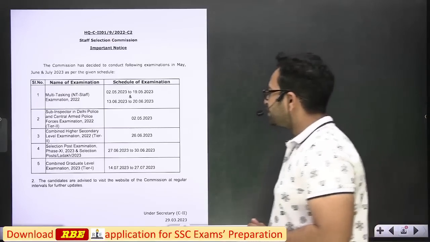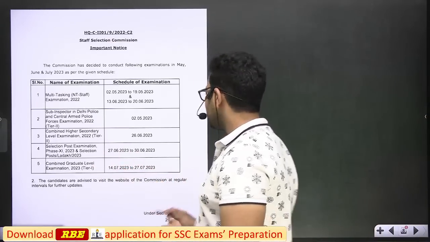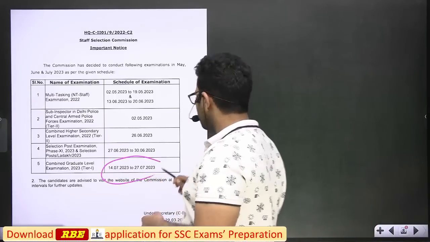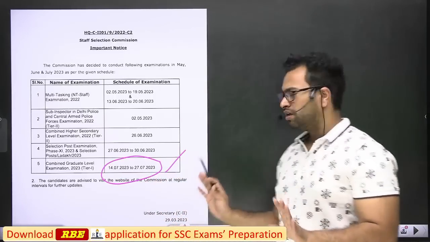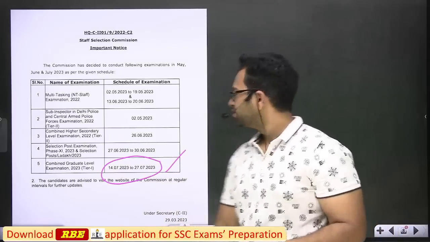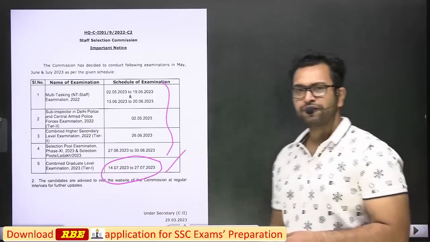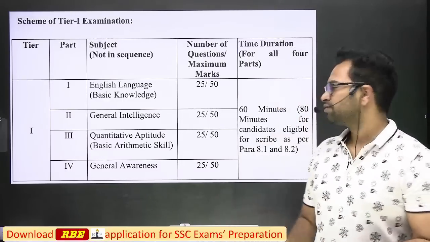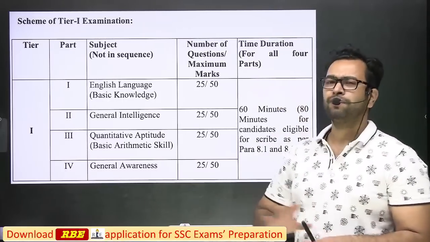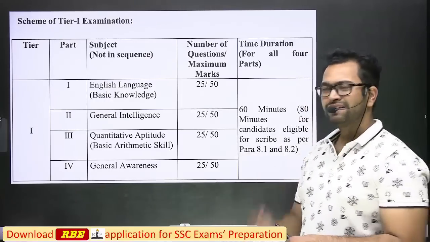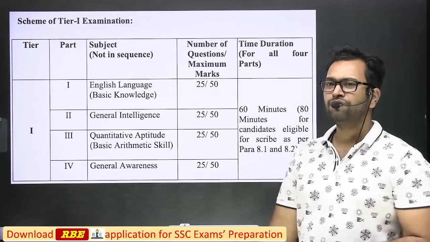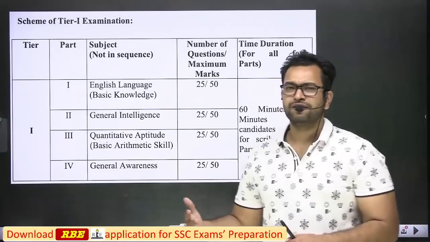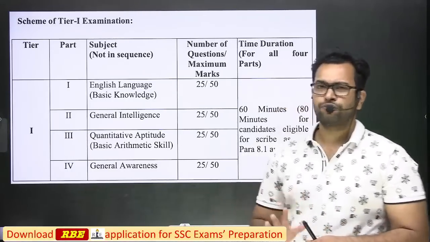If we talk about the exam dates, the SSC CGL 2023 Tier 1 examination is scheduled from 14th July to 27th July, around 3 months or even less. Other SSC examinations are also provided by the SSC, and more or less all SSC exam patterns are the same. So once you prepare for SSC CGL, you automatically prepare for all other examinations. Just focus on one examination and give all the examinations. You will find that you will be selected in multiple examinations. Then don't give preference to posts at which you don't want to work.